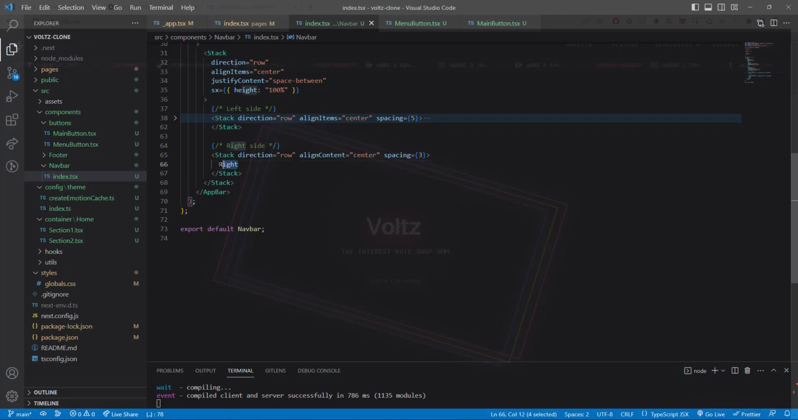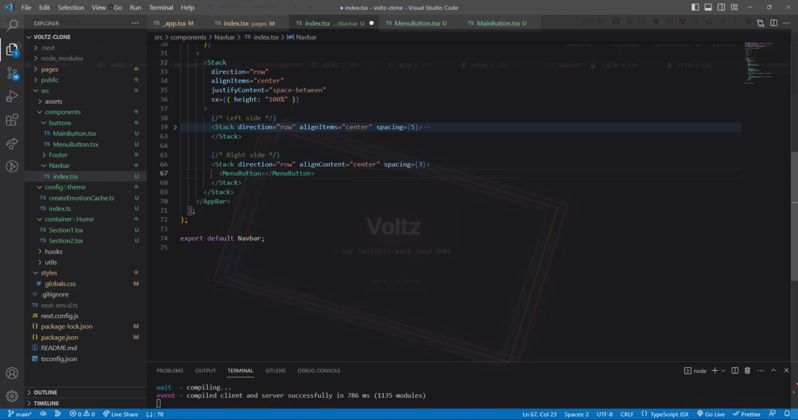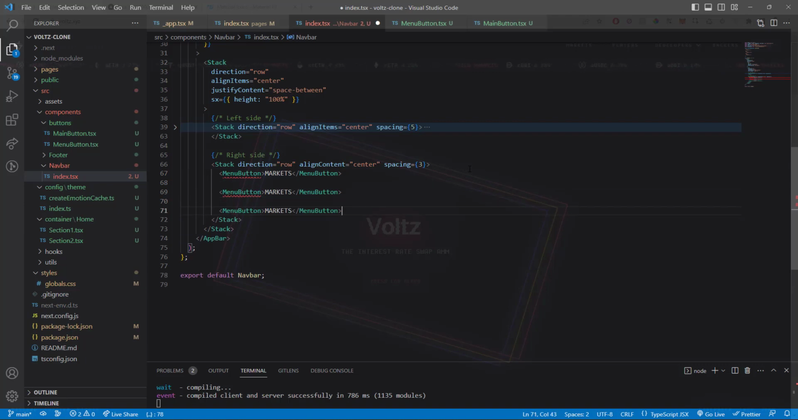Okay. For the right side, let's do a couple of them. So I'll create a menu button. Menu button. Okay, right now it doesn't have any children. So markets is the first one. Look at the background. Markets is the first one. Players, then developers, and then backers. So let's put all of them. So backers,